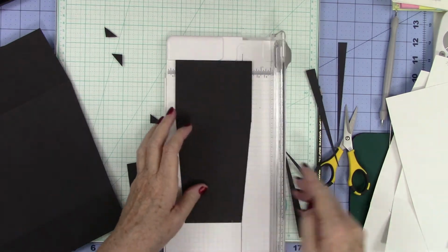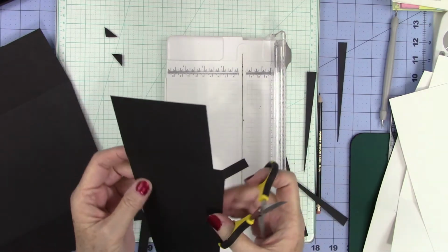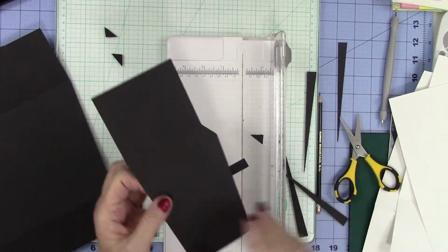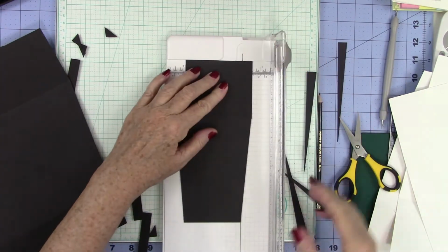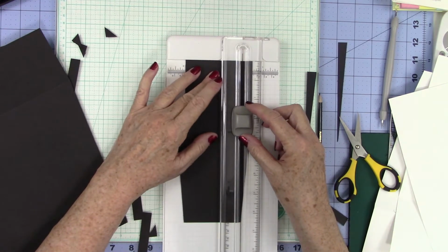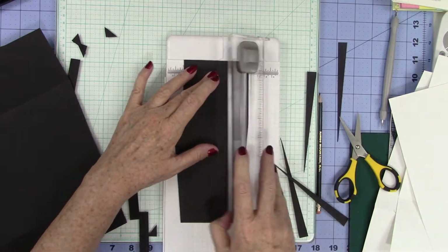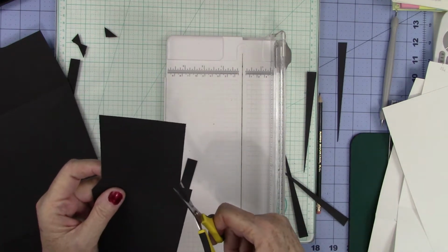Slice it up, and we're going to cut it out, and we're going to angle it off, just like that. Then we're going to turn it over, and we're going to do the same thing on the other side. Line it up at a 1/2 inch, bring our blade down, line it up with the 3. You can actually line it with the 3 and it will be perfect, because we know this was a 3-inch score line. So 3, sink the blade, slice up, bring it over, cut it out, angle cut,